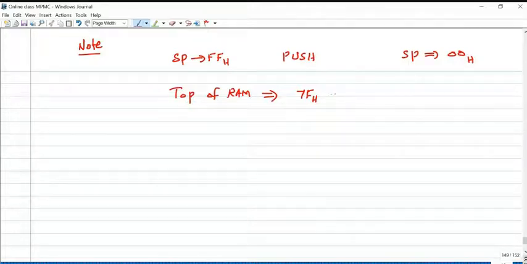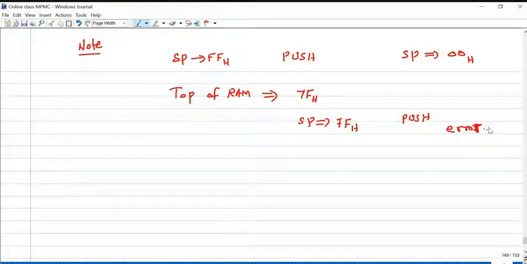Now if the stack pointer is pointing to 7FH and you do any push operation, it gives an error, because 00 to 7F is your actual RAM memory location.